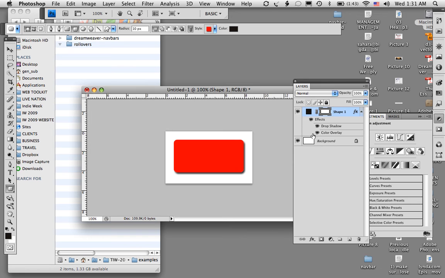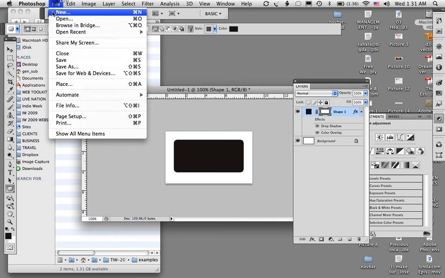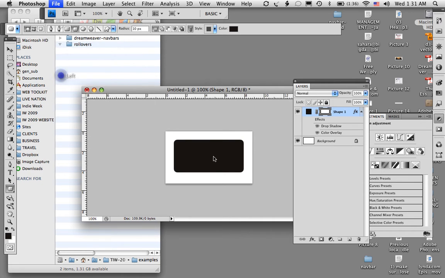I often use layer effects for this kind of effect, and they're found just underneath this menu in the layers palette where you can use any of the settings. I'm going to turn off the effect, and this essentially will be the off image when I get to the page, and the next image with the effects turned on will be the on image when I put my mouse over top of it. So I'm going to save out the first graphic, so I'll go File, Save for Web,